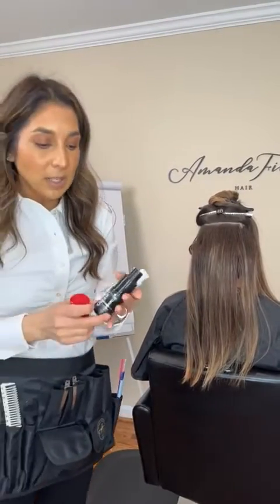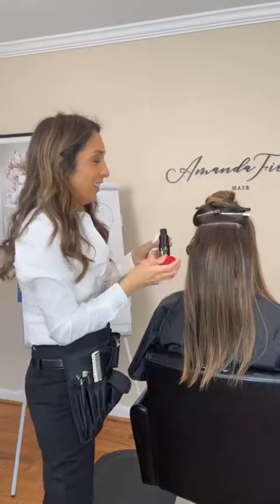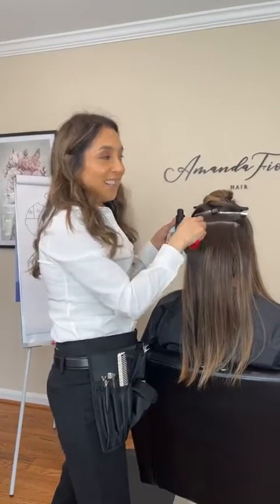But what I like to do, because these are stronger than the white one, so then these are going to go in the